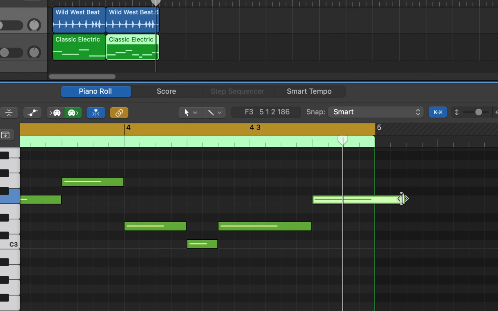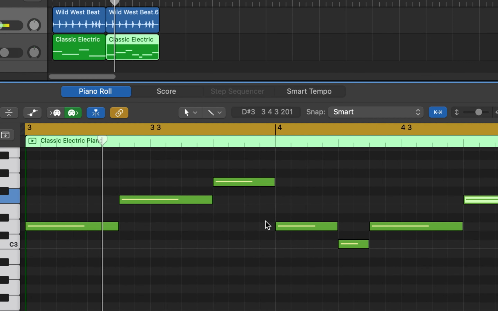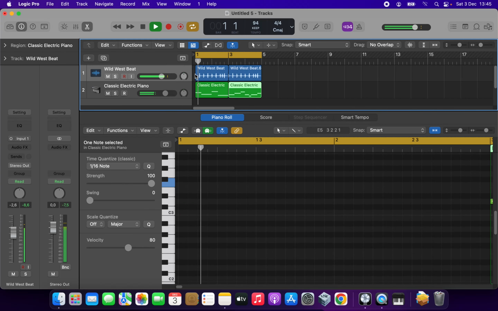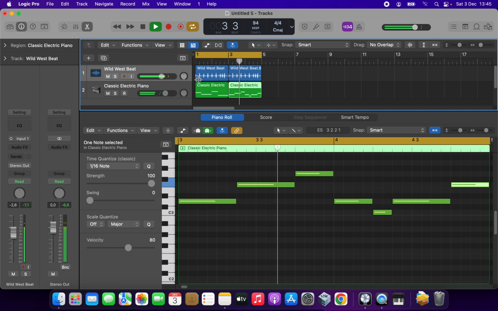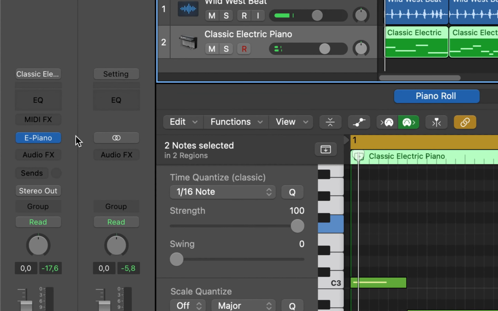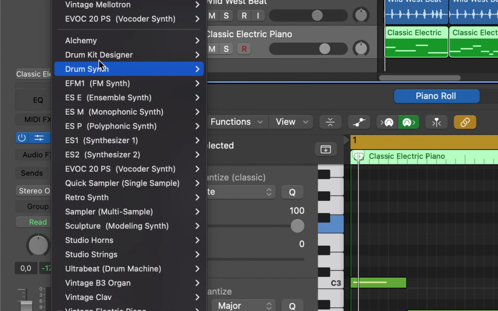This looks right. Let's hear what we have done. That will do. Now I'll change the instrument to Alchemy,